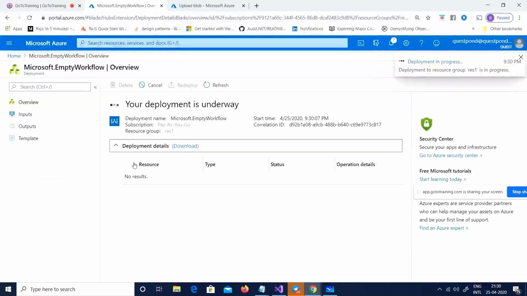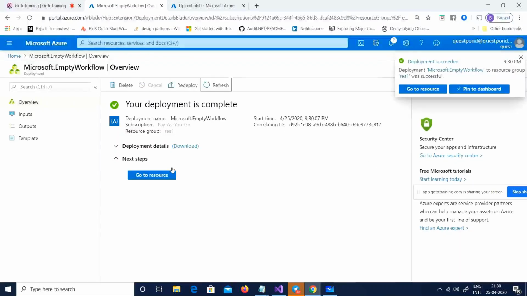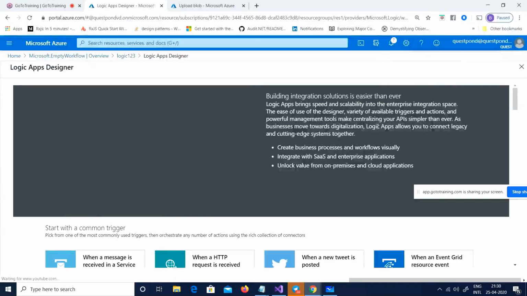I'm just recreating it, guys, again. I think it needed an HTTP trigger. I deleted the HTTP trigger, which is wrong thinking, I believe. So let me do it again. I'm going to go to resources out here. When an HTTP is received,